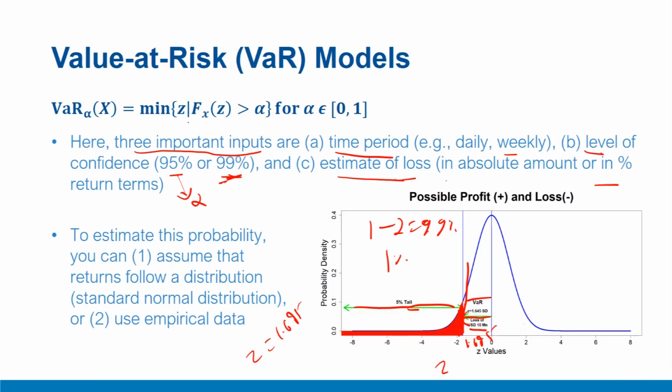Now let's come to this formula. What does this formula mean? This formula is quite simple. It indicates the VAR value for a given distribution of returns. Let's say you want to have this alpha value or value of significance as 5%. Then the VAR value is defined as